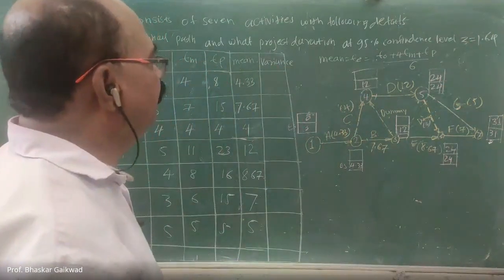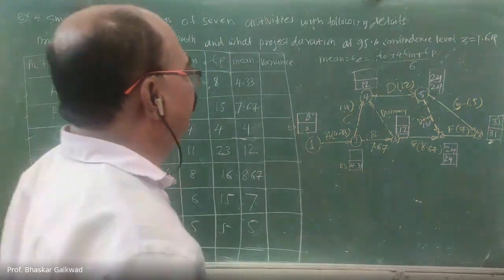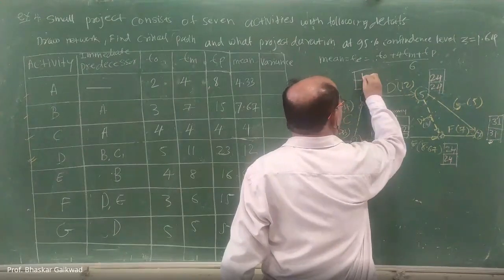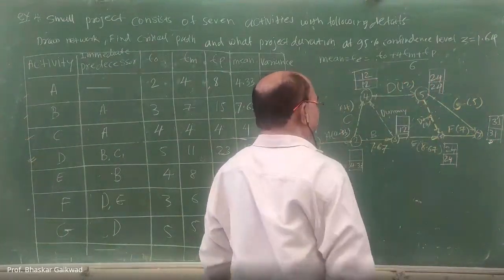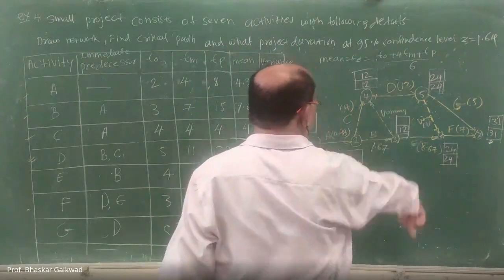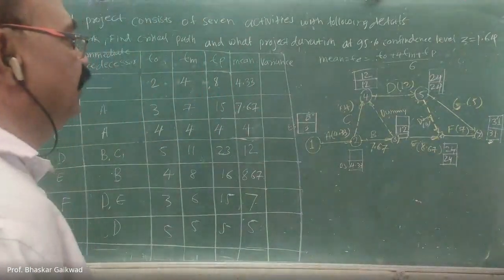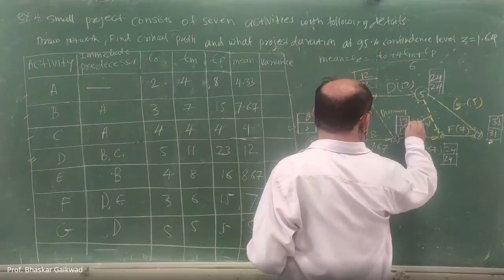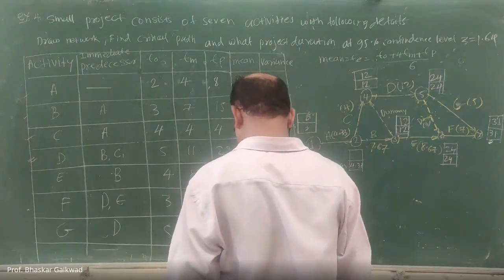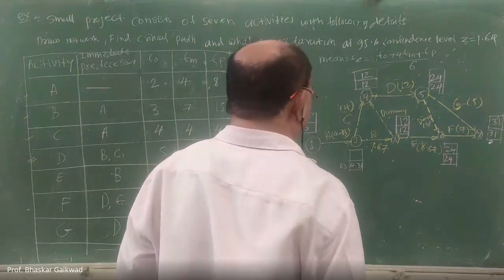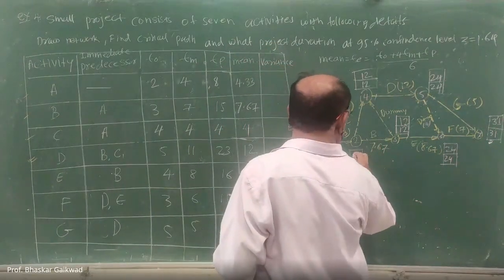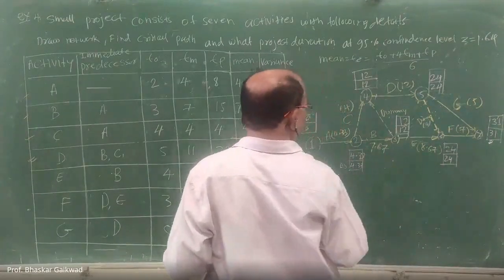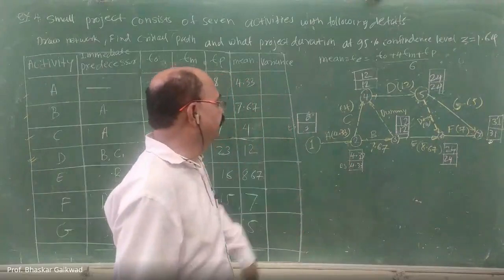Right. Now you come to node 4. Here only one activity is there, this side. So 24 minus 12, 12. Now come to node 3. Here, 24, the dummy activity is there. So again here 12 will be there at B. Okay. After that, this minus this, here it is 4.33. This minus this, you will get.